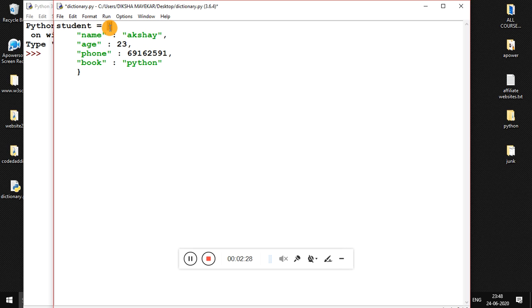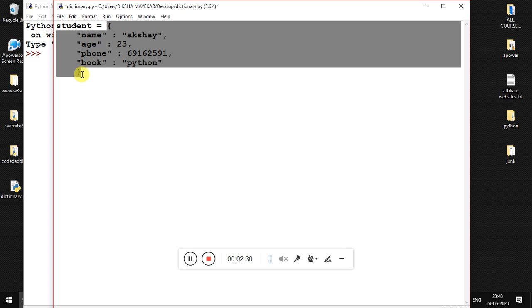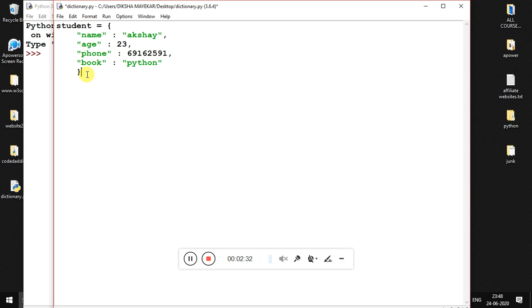And right from the open curly bracket to the close curly bracket, this is known as the scope of your dictionary. Okay, so inside the dictionary you can pass the key value pairs. And when it comes to the dictionary, everything is unordered. You can put this in any order. You can change the values of them. Okay, so you can make use of statements from outside and change the values of these keys,